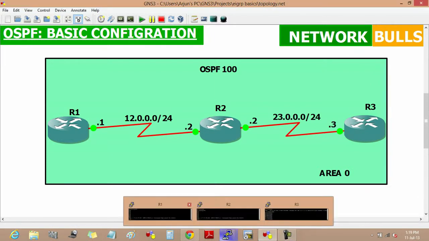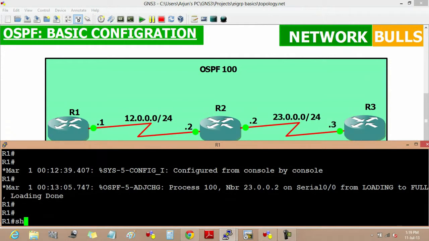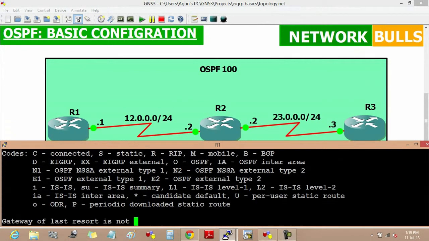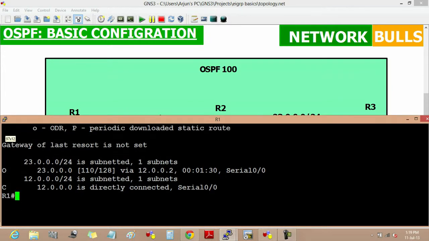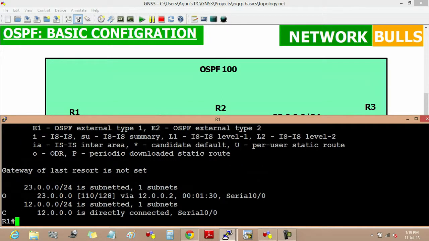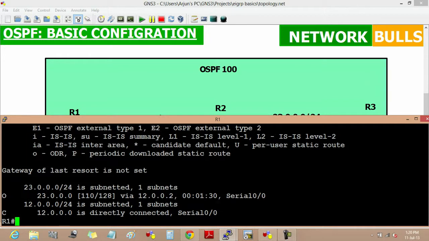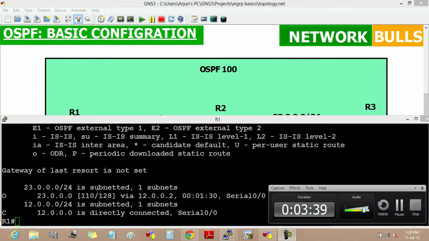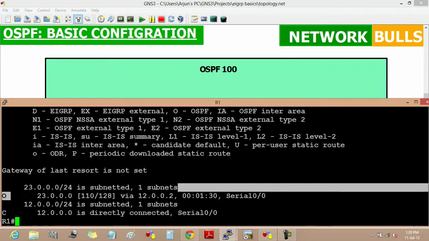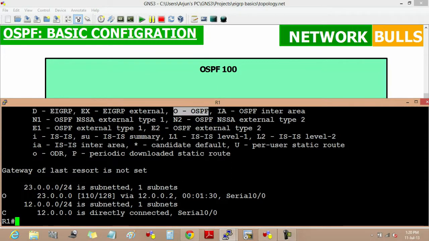So now if we run the command show ip route on router 1, it is giving us that 12.0.0.0/24 is directly connected, that is shown by C, and 23.0.0.0/24 is received via OSPF, that is noted by O, and O is noted here by OSPF.